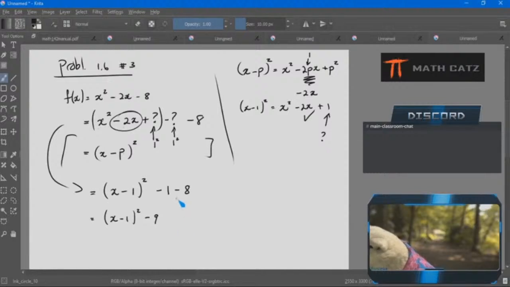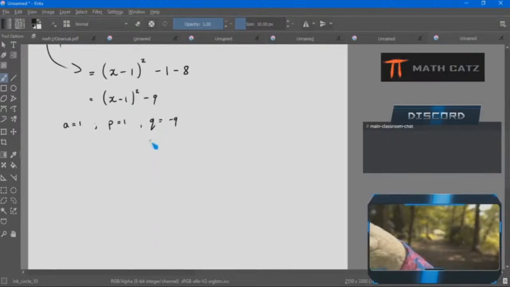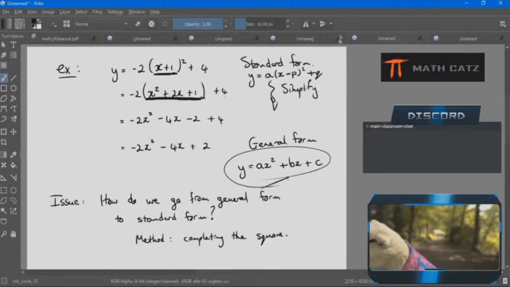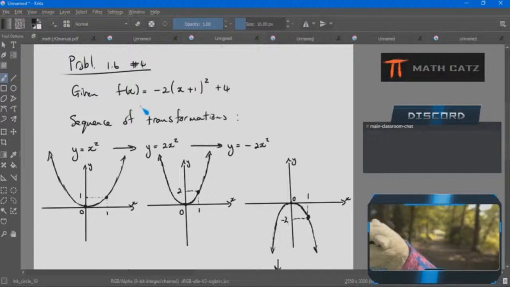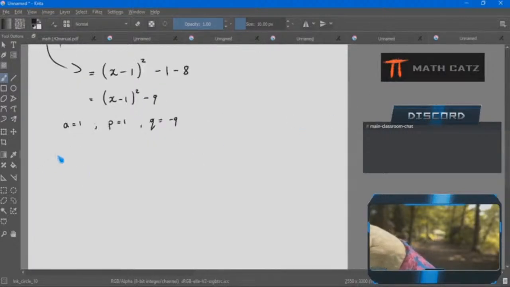All right. This now tells me A is 1, P is 1, Q is negative 9. That means I have everything I need. I can now finish it in the exact same way as I did, not number 5, number 4, make my transformations. Now I'm not going to do the whole thing here. I'm going to do my sequence of transformations